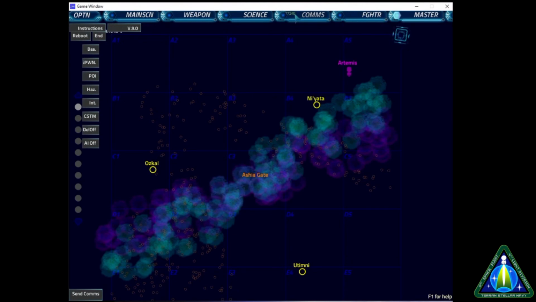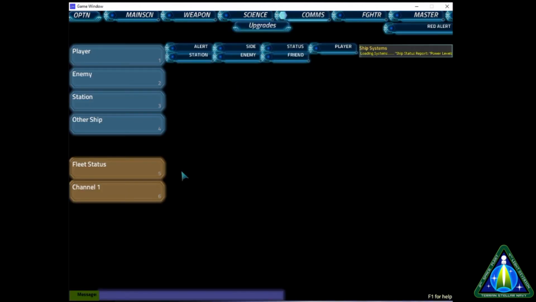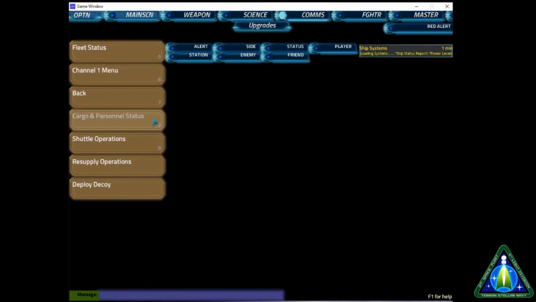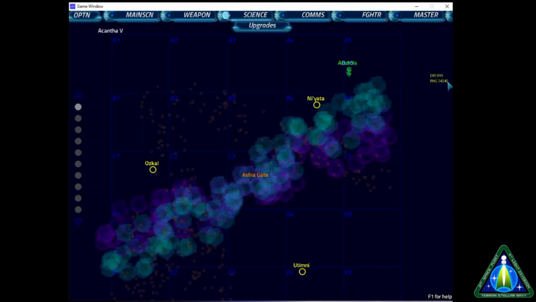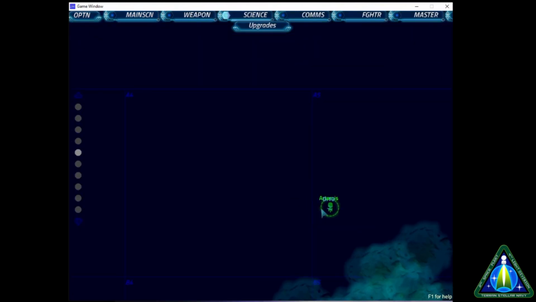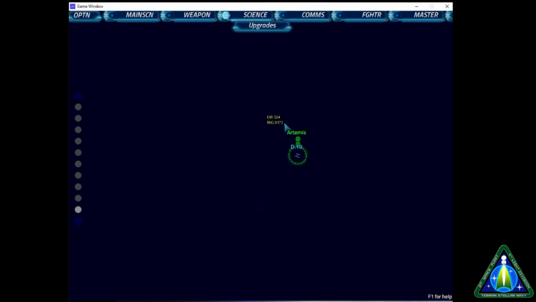Next up, the other modules. So in the comms menu, we've got this channel 1 that corresponds to ship 1. They can open it up and they can have a decoy. So this will deploy a small beacon behind them which will attract the enemies. It's just shown as a neutral. So if I deploy decoy there and go to science, you can see it just behind them. Here it is,